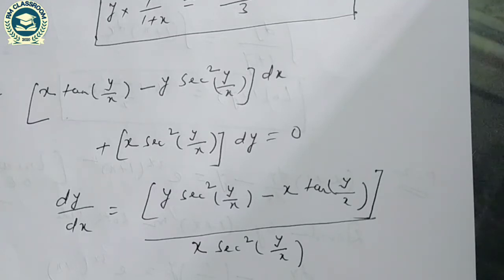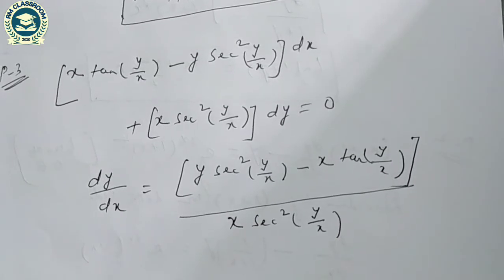So for the homogeneous differential equation, I told you dy by dx is equal to f1 xy divided by f2 xy, where f1 xy and f2 xy are homogeneous functions of the same degree, are called homogeneous differential equations. And the substitution for this differential equation, as I told you, either you can take y is equal to vx or x is equal to vy. That depends on the requirement of the problem.